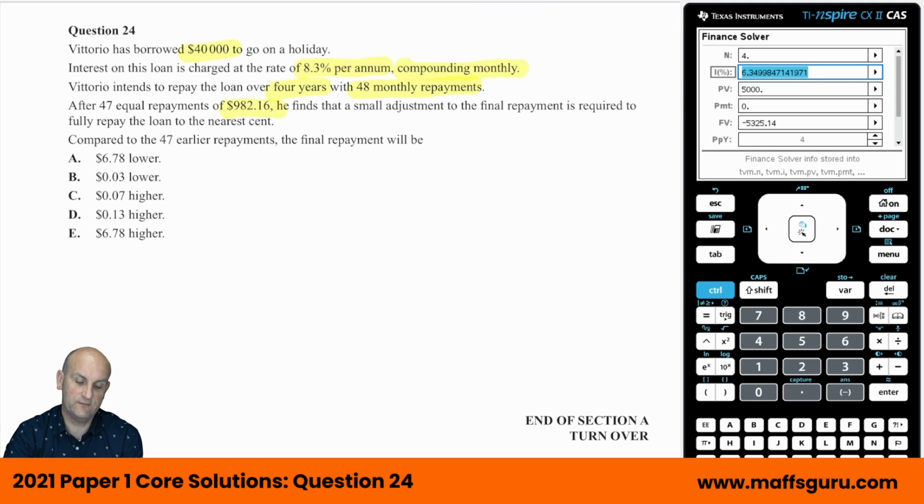Compared to the 47 earlier payments, the final repayment will be... Okay, so he's making 48 monthly installments. His interest rate was 8.3%. His principal, he borrowed 40,000. His payments were after, so minus